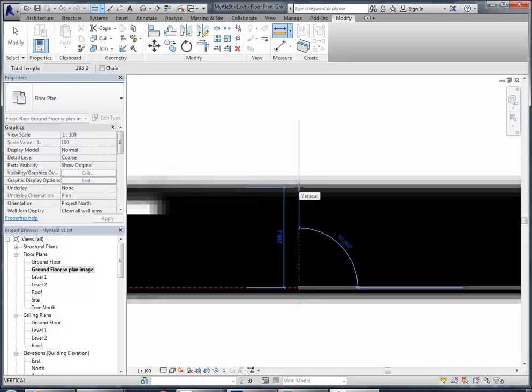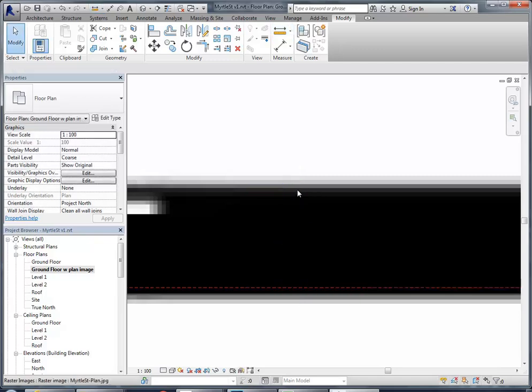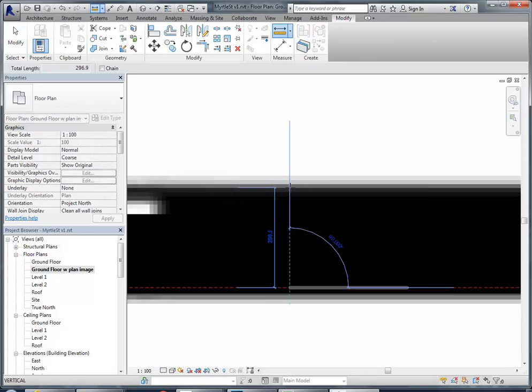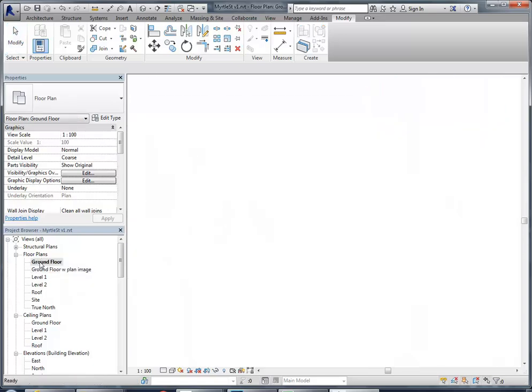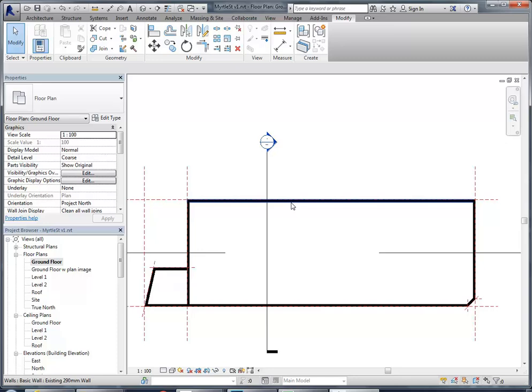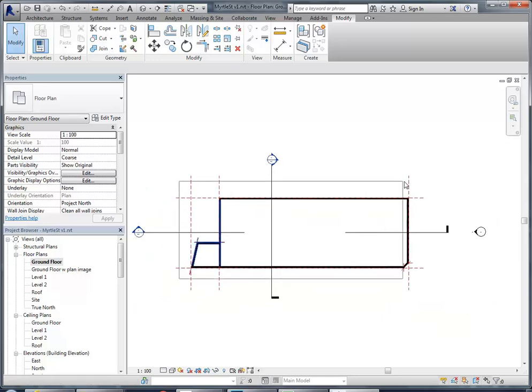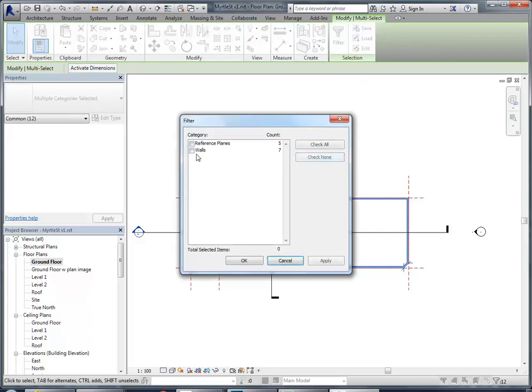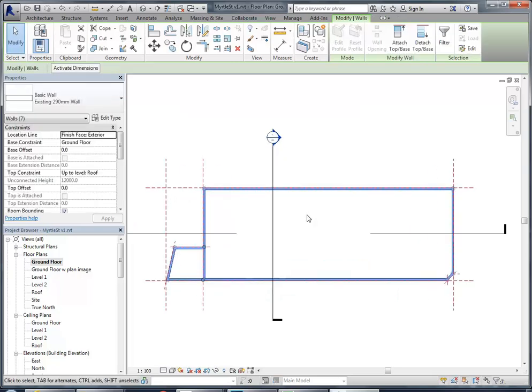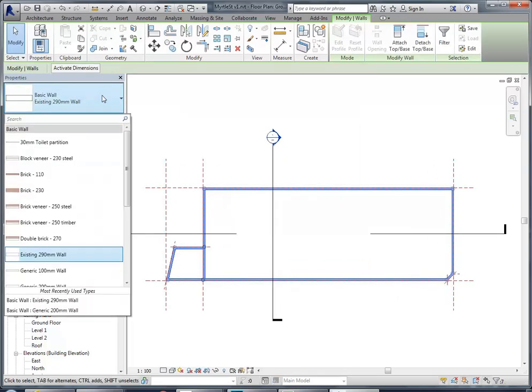So there you can see 290 is what it measures at, but maybe it would work better if it's 300 or maybe even more. It's up to you. I probably wouldn't worry too much about that, but just to show you quickly, if we want to change that wall thickness, it's very easy to just select all of the walls, turn off everything except walls, and we know that there is a 300mm wall there which I can use